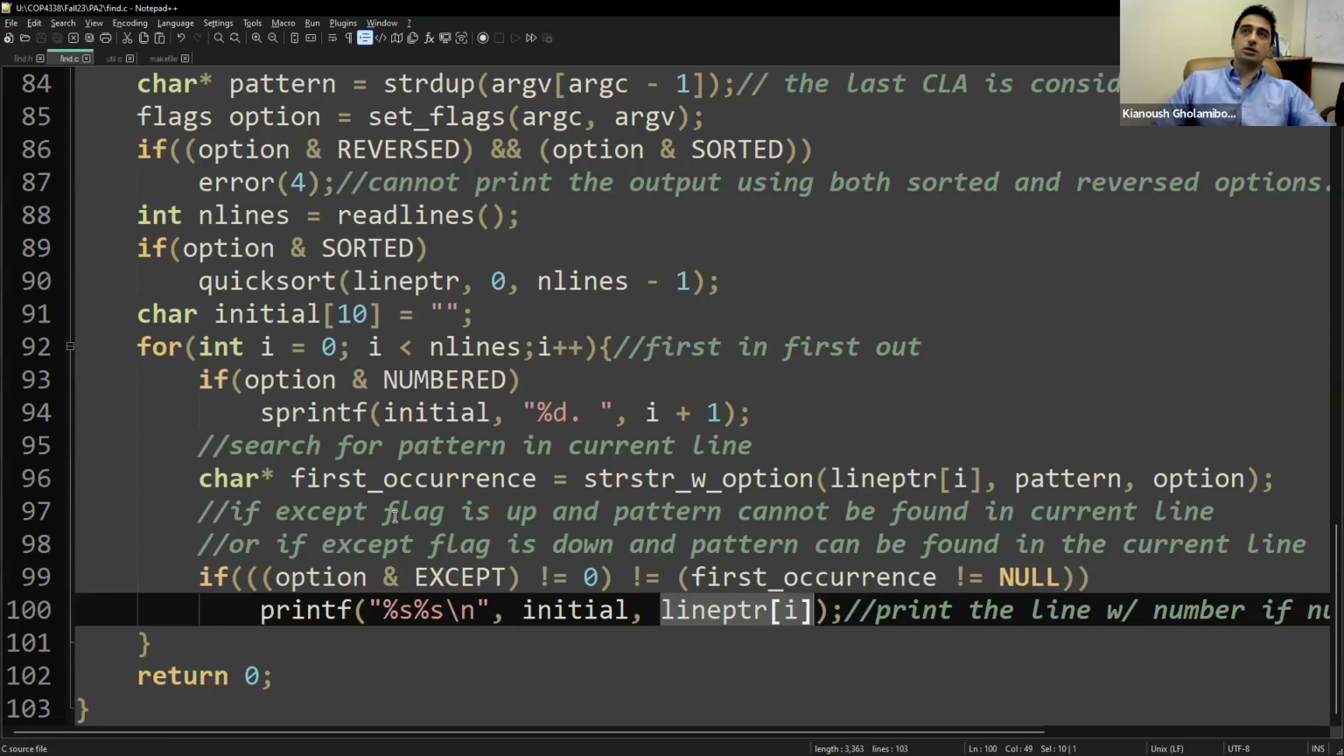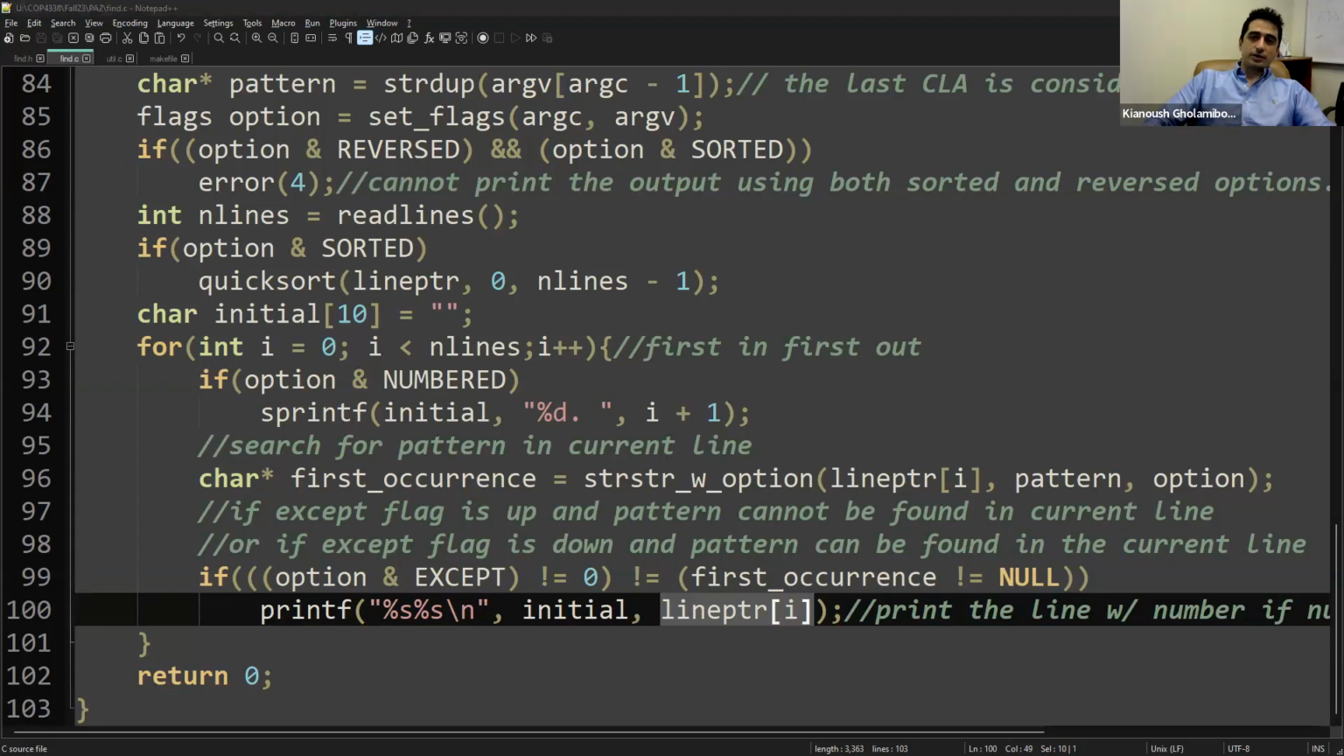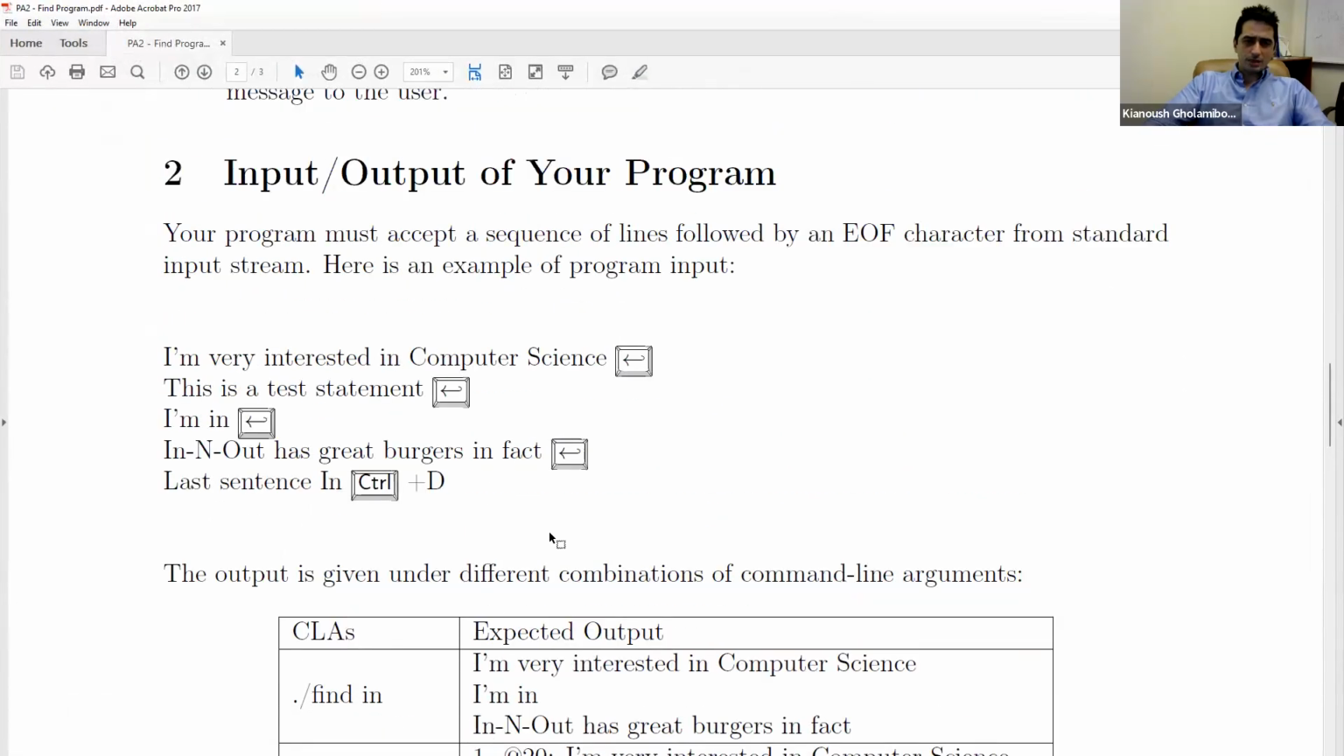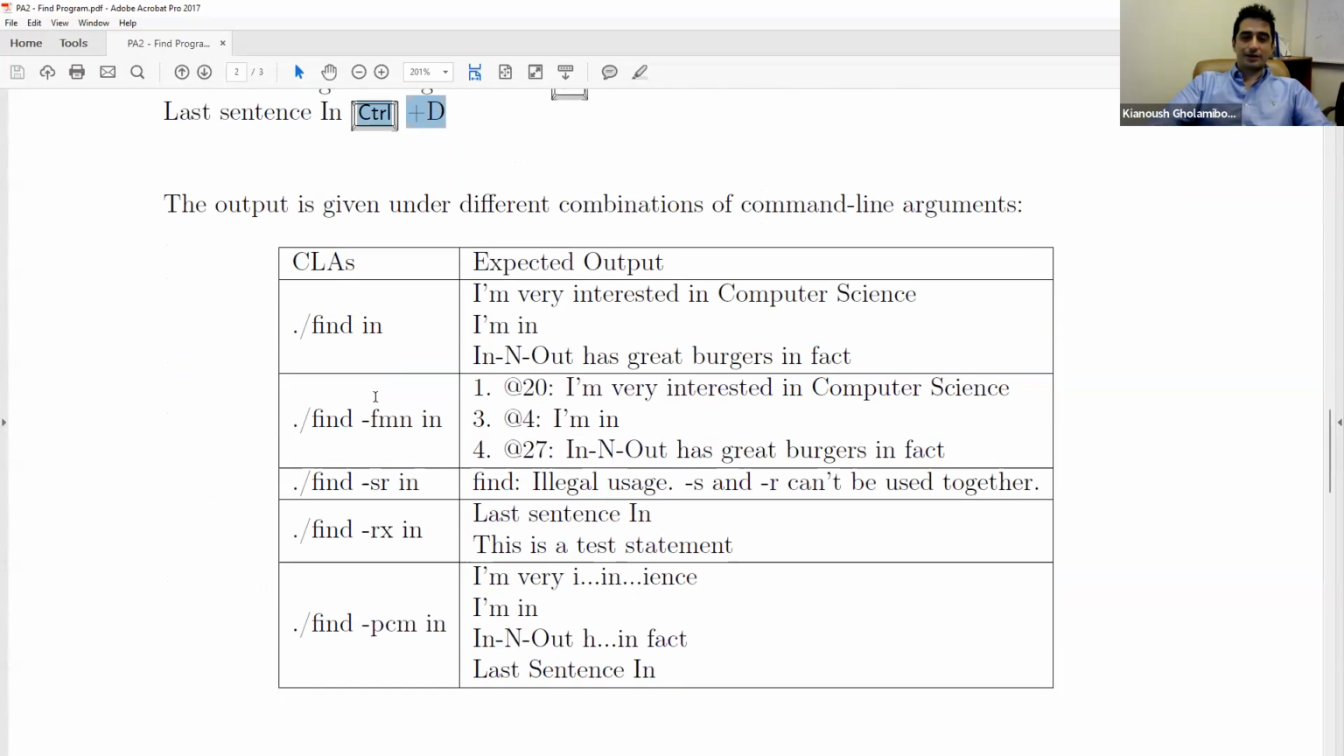Before I test it, I'm going to show you some examples of input and outputs. Imagine the input stream looks like this. I'm very interested in computer science, new line. This is a test statement, new line. I'm in, new line. In and out has great burgers. In fact, new line. Last sentence, in, new line. There's no new line, this is Control D. And then I have placed a bunch of